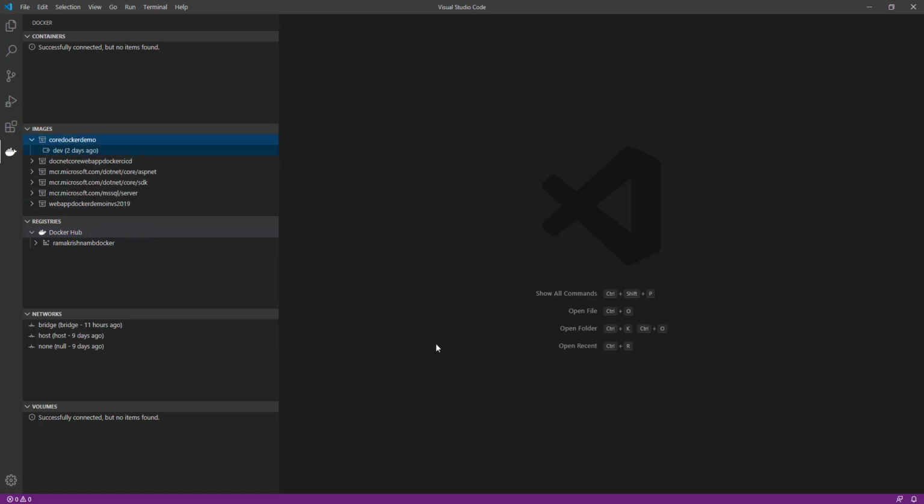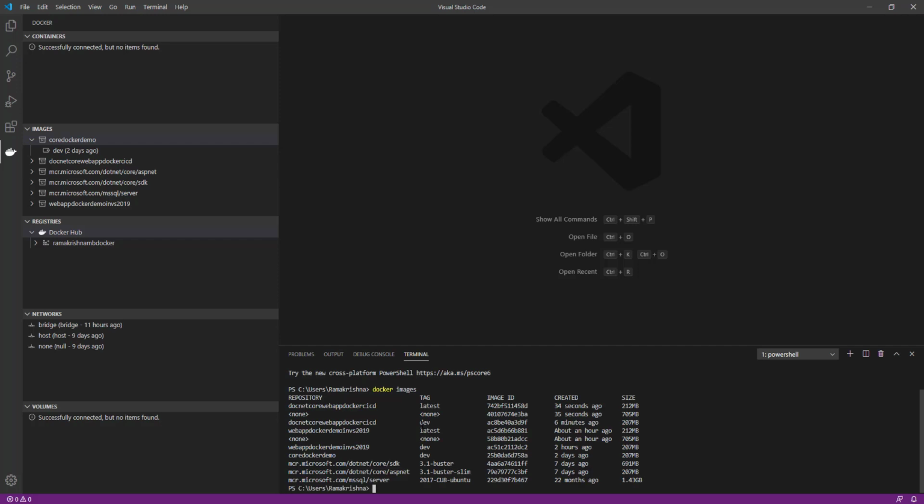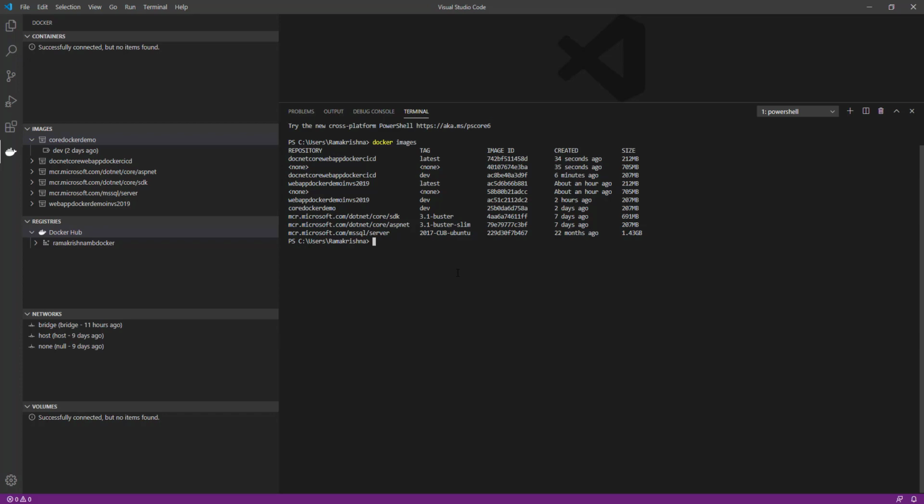You can see that the images I created previously are available on the left side of the UI. And if you go to the command prompt, you can also type the commands; the PowerShell terminal is directly available within Visual Studio Code. It's open source and freely available for everyone to download. So we can also query the running processes, etc.